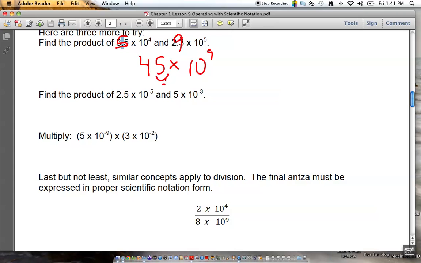No, I divide by 10. That's what I got. If I'm going to divide by 10 here, what do I got to do over here? Times by 10. So I get 4